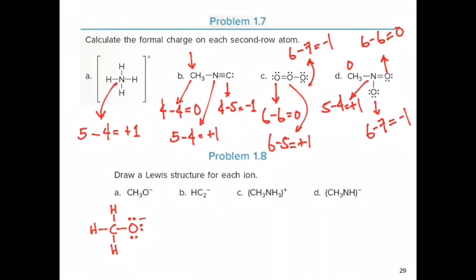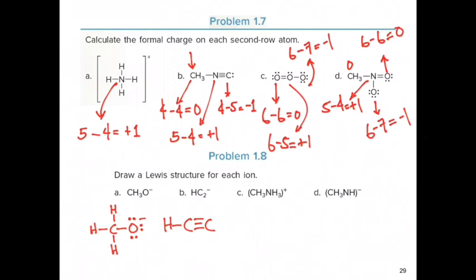All right, what about C2H with a negative charge? So again, C2H with a negative charge. You have 2 carbon atoms, so I'm going to connect them together, and then 1 hydrogen next to one of the carbons. Each carbon has to have a total of 4 bonds. So I'm going to connect one single bond between hydrogen and carbon, and then 3 bonds between the 2